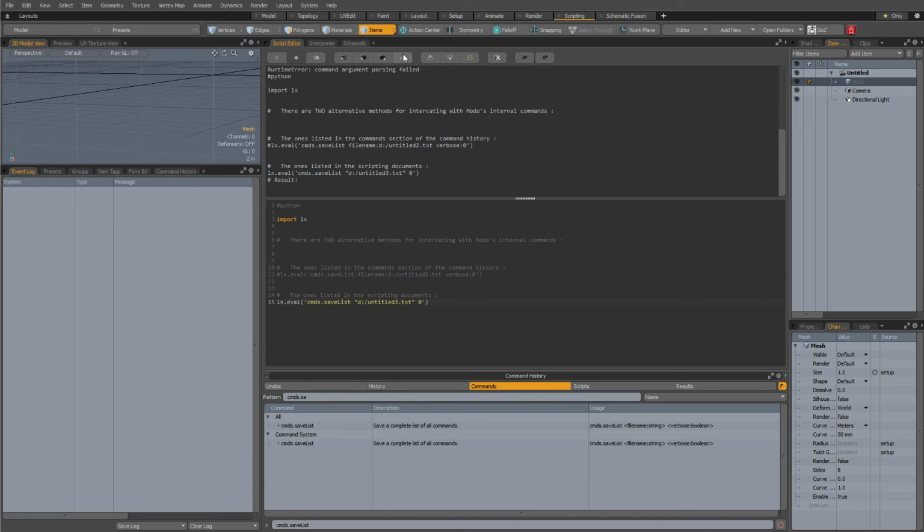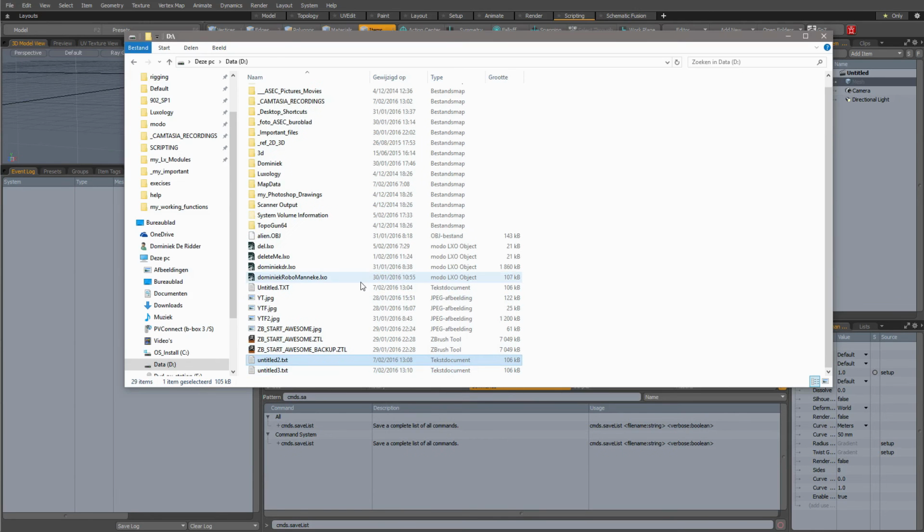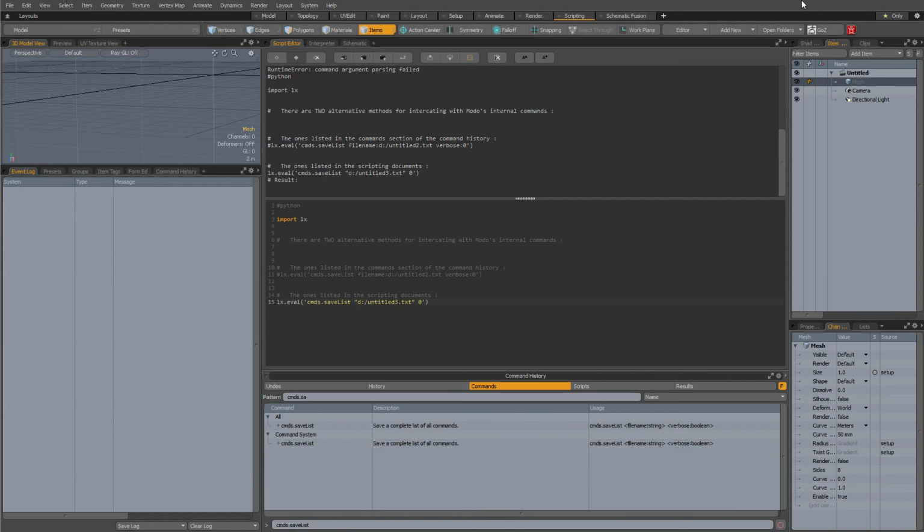So now when I run my script, okay, so when I go to my D drive, I should have, yep, there it is, untitled 3, and you see again my list, that commands.save list command has been executed by the